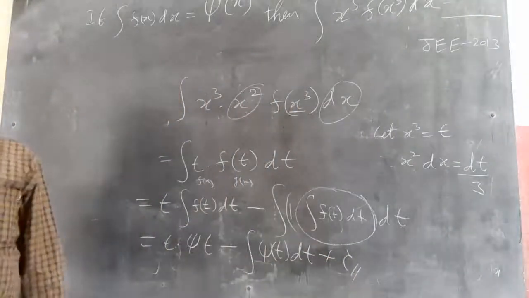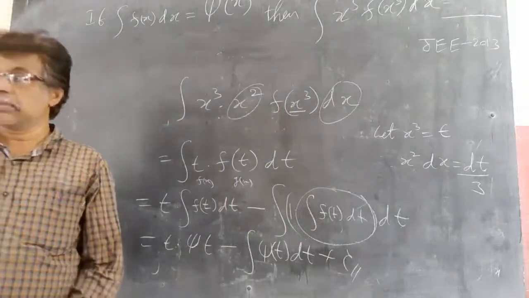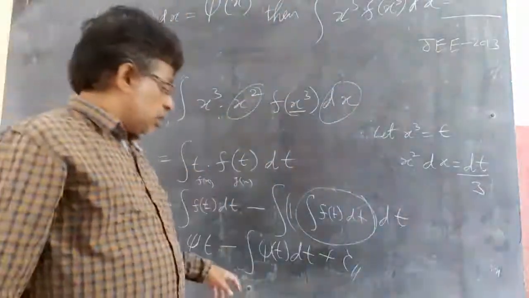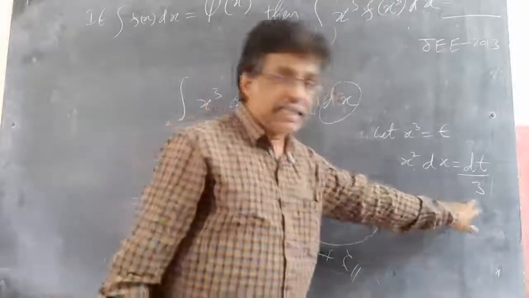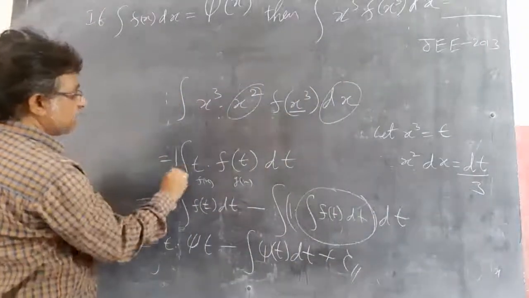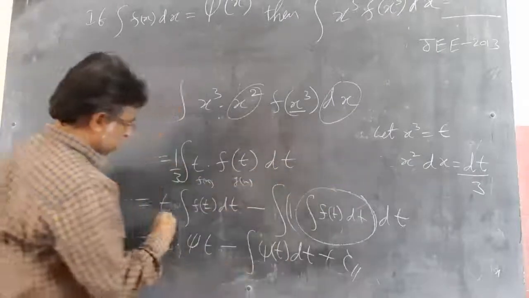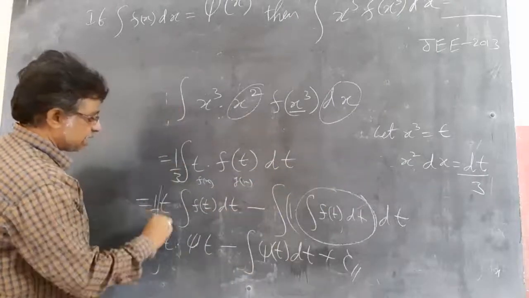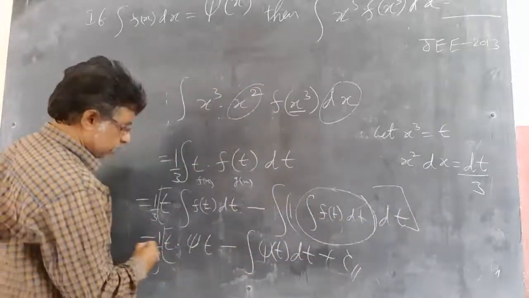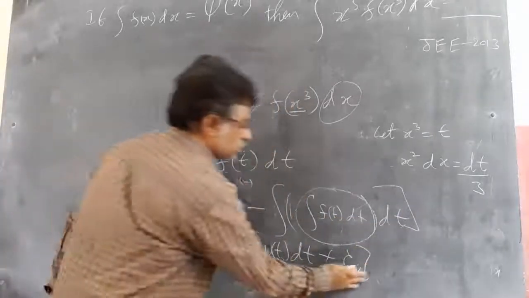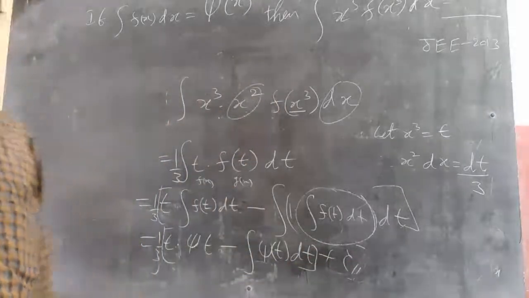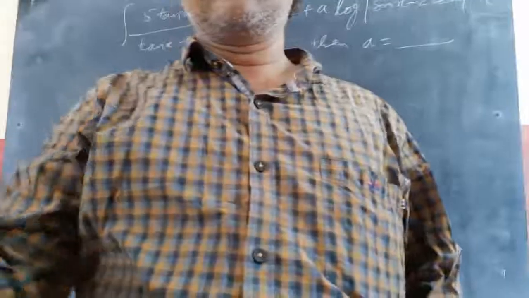Plus this is our option. You need to search for this option. A small mistake, I forgot to write this by 3. You can calculate, this is into 3 by 3 I did. So this is by 3. I forgot to write that by 3. That's it, nothing else is there in that. Just 1 by 3 into this. So this is your final result.